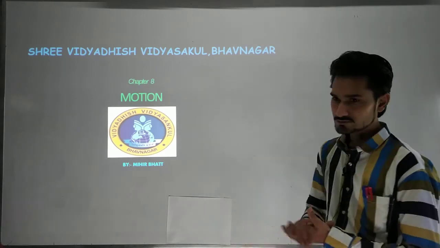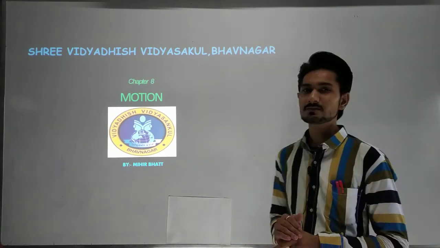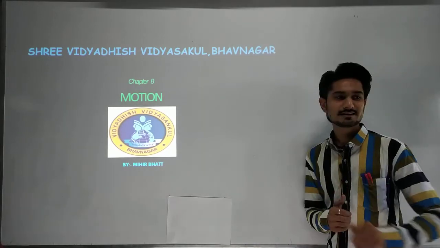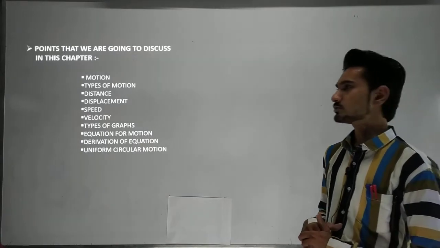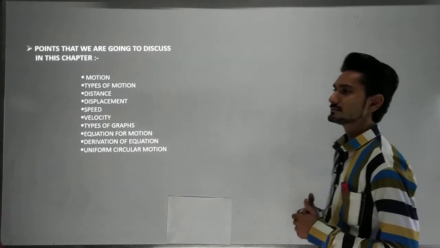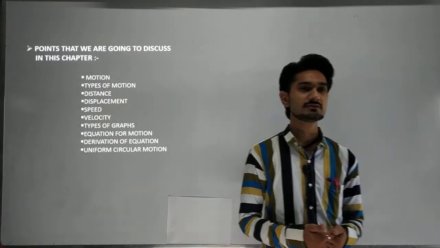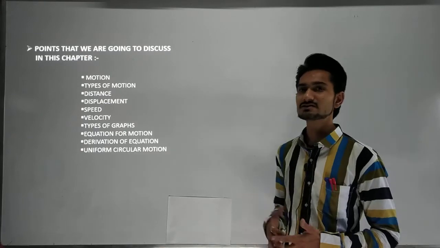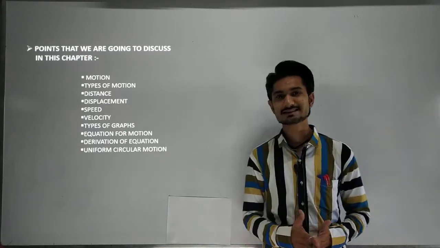We are going to start with a brief summary of this chapter that we have already finished. First of all, we have seen in this chapter what motion is and what the types of motion are, in which we have seen the basic definition of motion in the universe. All of the things moving around in the universe are considered as motion. So we have seen that.